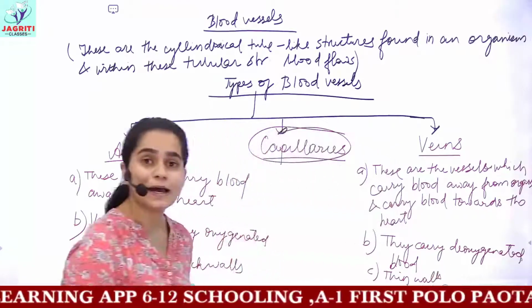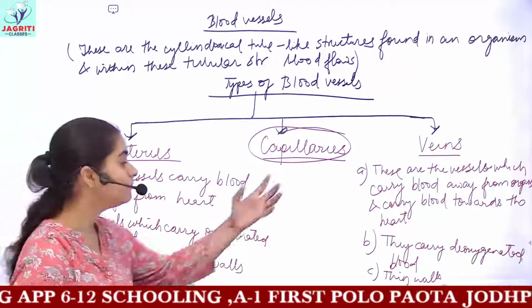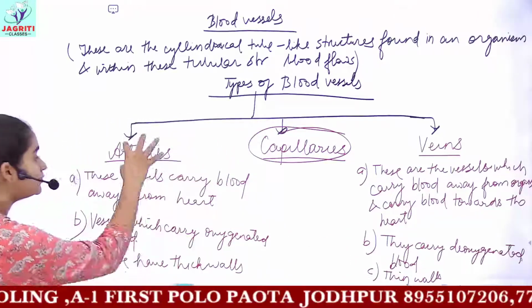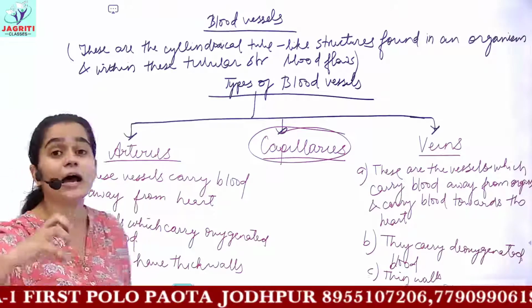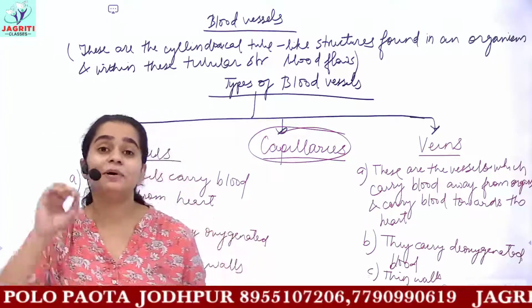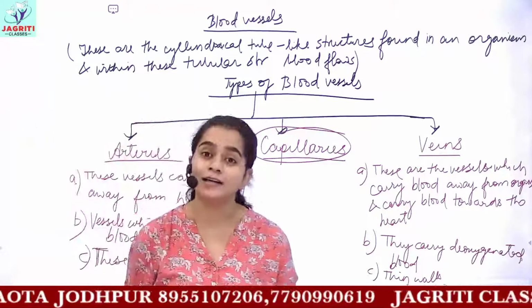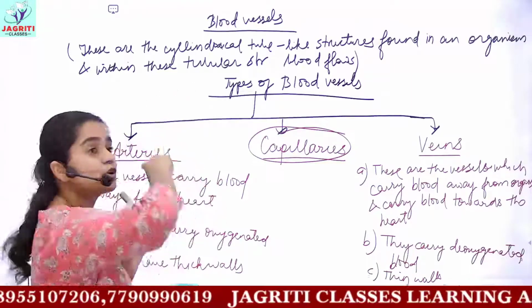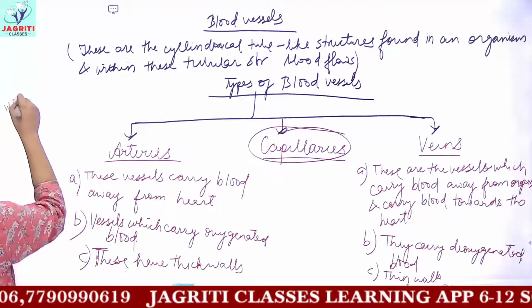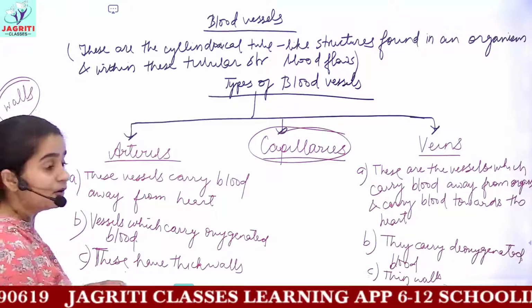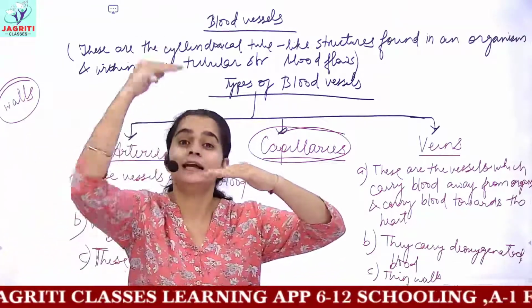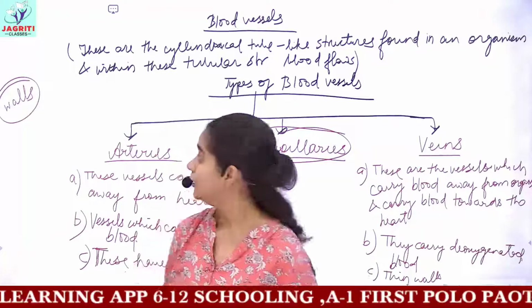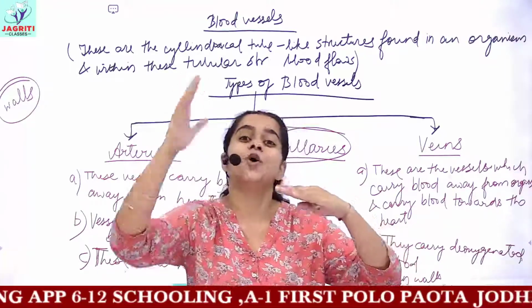Now a question occurs: why do these arteries have thick walls, and what is the requirement of thin walls in veins? Because arteries have the function to carry blood away from the heart to different organs. If you remember the mechanism of blood pumping in your heart, we said that ventricles have a thicker muscular wall compared to the walls of the auricle. I am talking about walls here, okay? And not valves. Valves are the muscular gates present between auricle and ventricle, which on getting force by the blood, open and shut. And these valves prevent backflow of the blood.